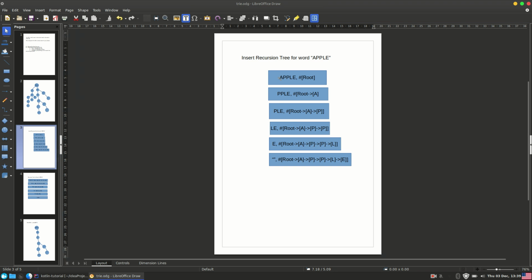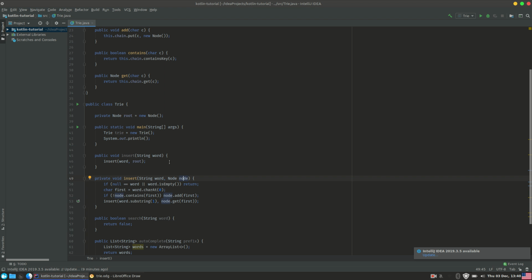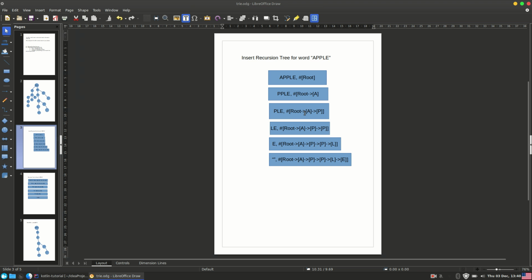First, the root node doesn't contain any chain. So when the root node doesn't contain any chain, we just add the first element to the root chain. After that we iterate with the rest of the characters remaining, after removing the a, like pple, and the node a instead of root. So we are not sending the root again. That is the reason we are doing node dot get first, so that we can send the a node, this one,